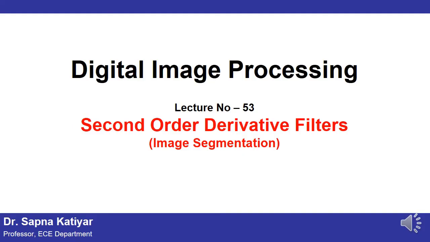So here when we are talking about edge detection, I have already discussed in the previous video that there are two kinds of filters. One is the first order and the other is the second order filters, which you must study. In the case of the first order or derivative filters, you have studied various types of operators, which are Robert, Prewitt, Sobel, etc. So today I am going to discuss the second order derivative filters. Let us begin.